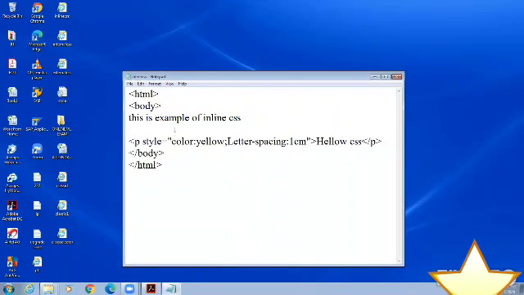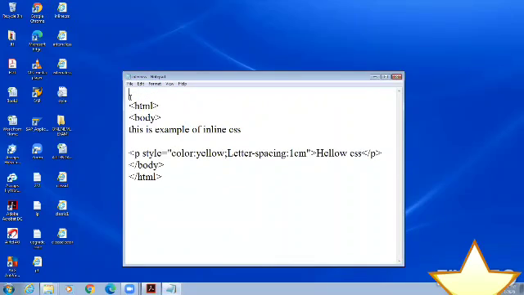We are using HTML5, so use this syntax of HTML5, doctype html. So HTML tag, body tag. Now the example of inline CSS. I used a P tag here. P tag is your HTML start tag.